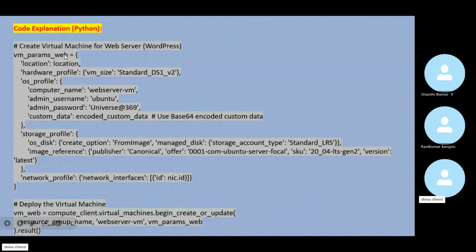Then this is the code for the virtual machine for the web server to deploy WordPress. These are the parameters for this virtual machine: location, the VM size, and the name of this virtual machine. So what is the admin username, what is the password, and what is the custom data you are going to